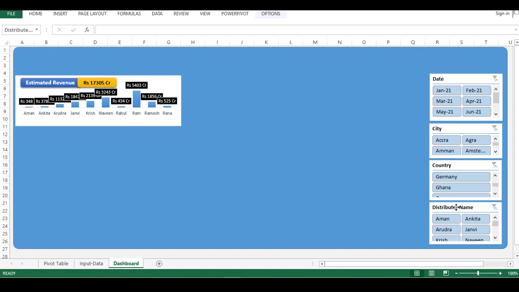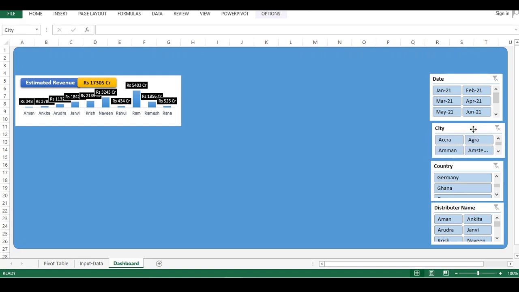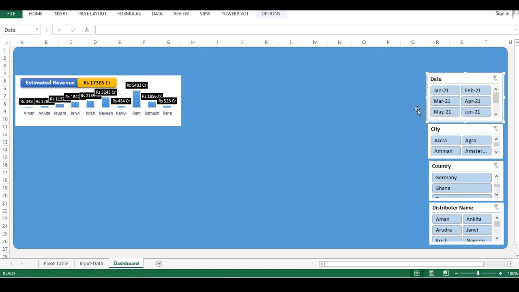So this is how you can keep your slicer at the corner and adjust it in the sequence that can look decent. Right, so you can take your time to make it done. I am just in the hurry to make the video, and before we go beyond the time, right,